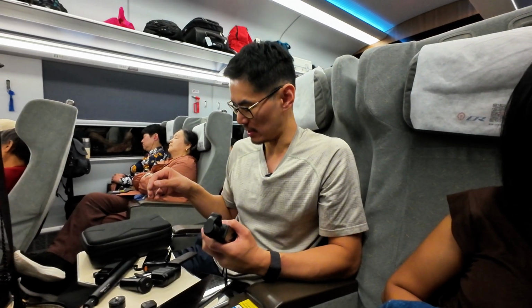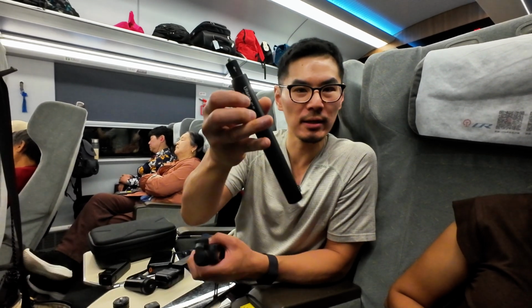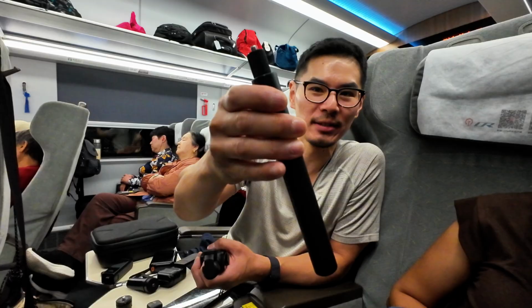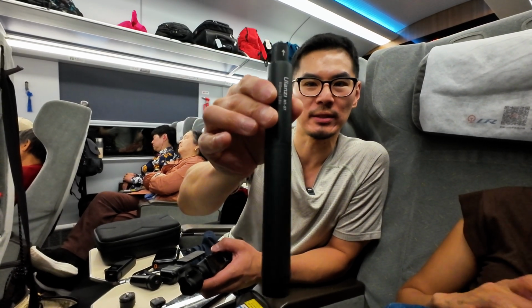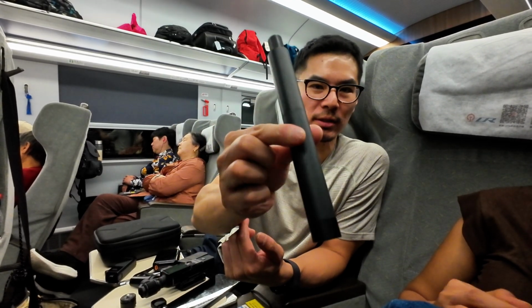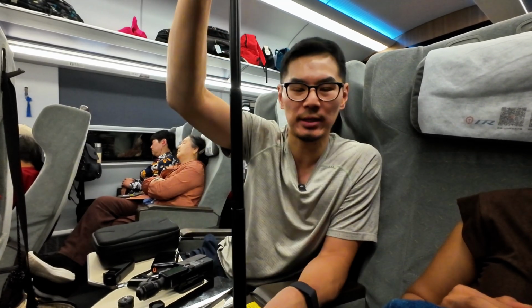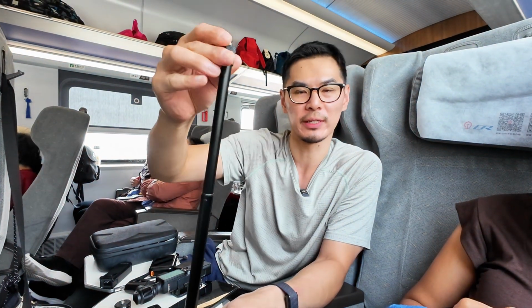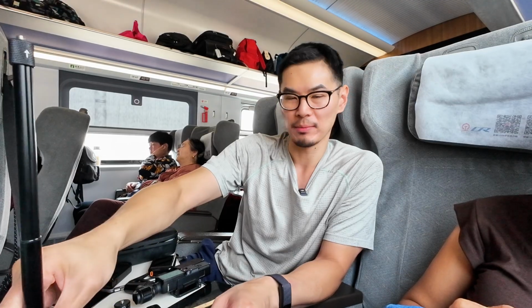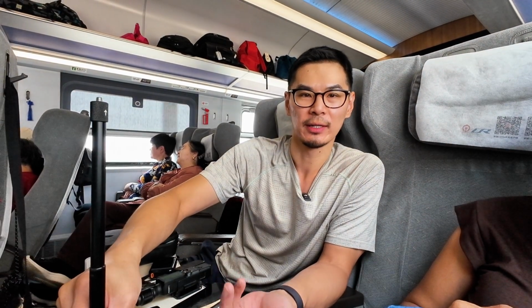And what else have I got? Oh yeah, I bought this thing. I bought this from AliExpress as well, and it's called a Ulanzi MT57. Basically, you can put this in your pocket. It's pretty small, but it extends out to 810 millimeters. It's not heaps tall, but it's enough that you can make it a kind of standing tripod, maybe next to your seating area,